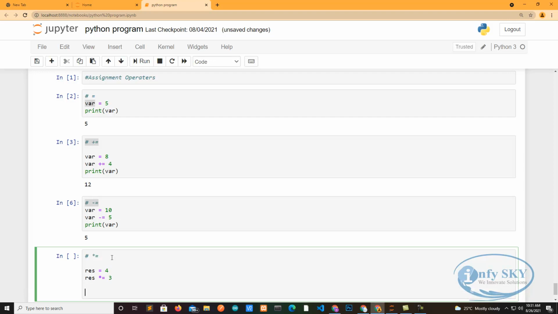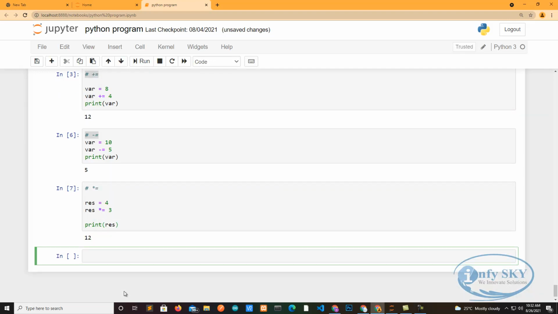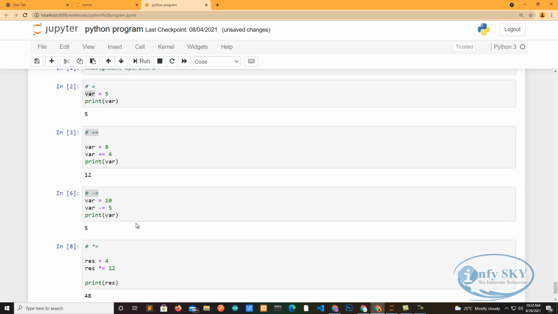Can you tell the result without executing this? The result will be 12. Yes, it is working. We can also change it: I'll take 12 here and we'll see the result. Yes, 48. So easily we can multiply, we can do minus, we can do add.